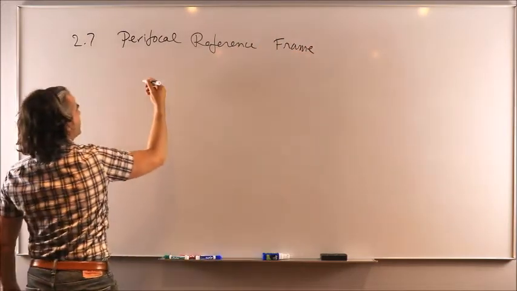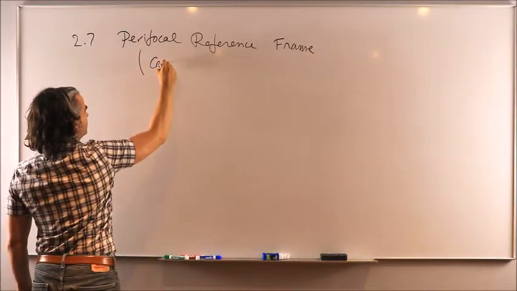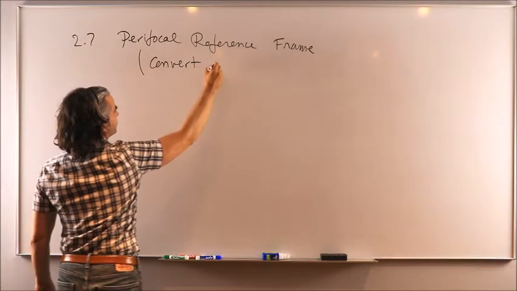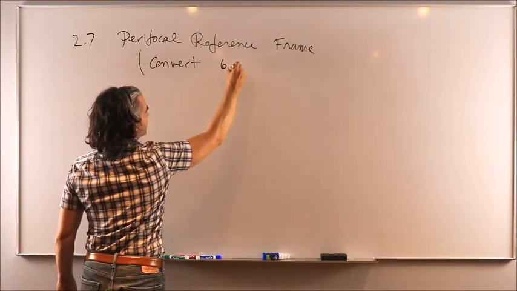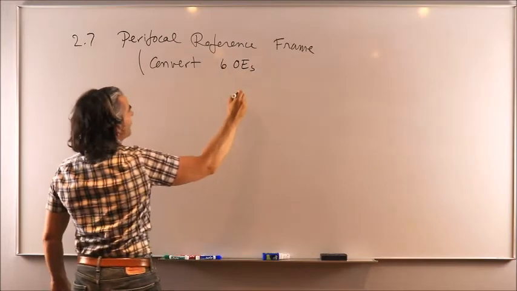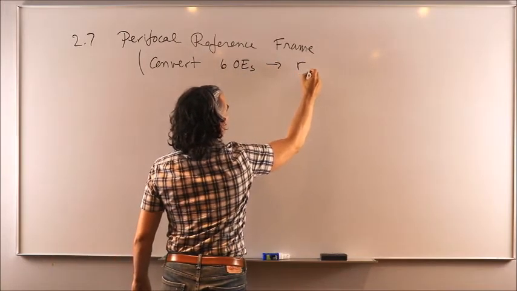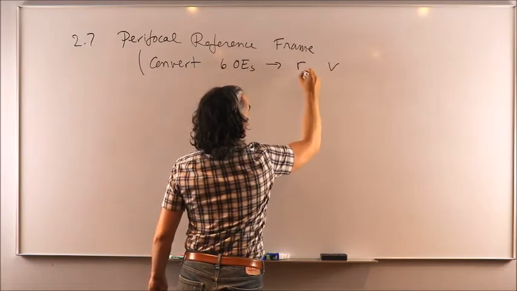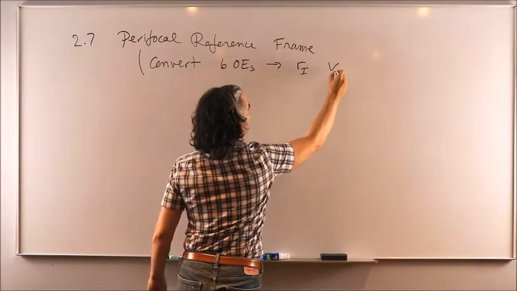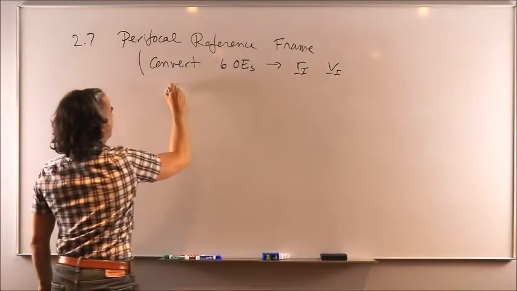And this section is practically used to convert 6 orbital elements, OEs, to position and velocity in our ECI reference frame,